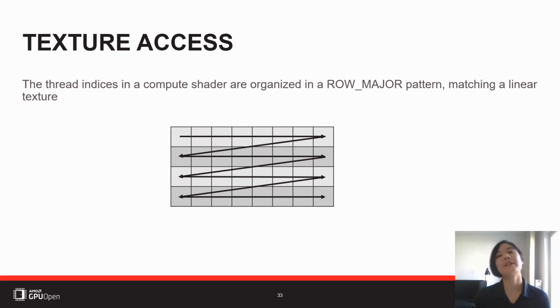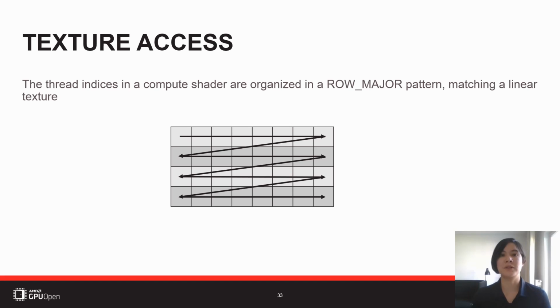Okay, now that was all about caches. Caches are very important when we access textures. What we want to achieve, when we load from textures and sample from them, is a good cache hit rate and as few cache misses as possible. This can be highly influenced by how we access the texture and what kind of pattern we use. I'm talking specifically about compute shaders, because in compute shaders you have explicit control over how your thread indices are arranged.